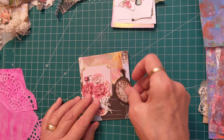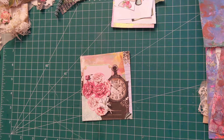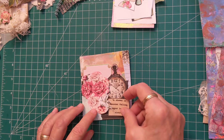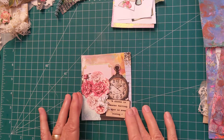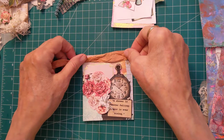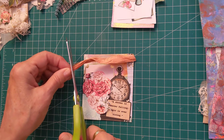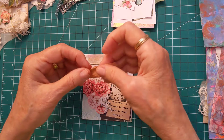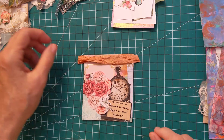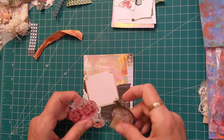Just do that and bring in the vintage clock and maybe something like that. And then I'm going to bring in some of my new sari silk. I just can't wait to use it. I did use some in my last video, and the colors of it just really go with anything. And I could put that on the top and maybe some of my silver bling. Okay,